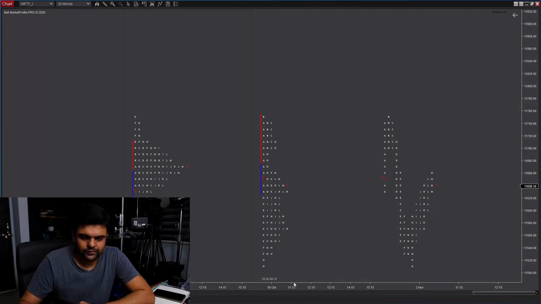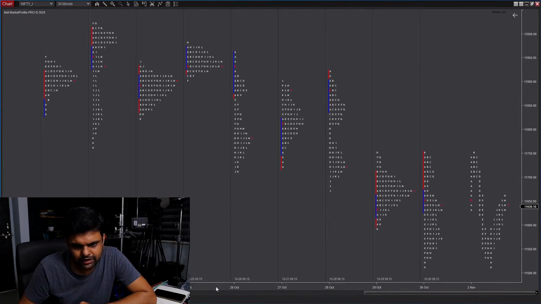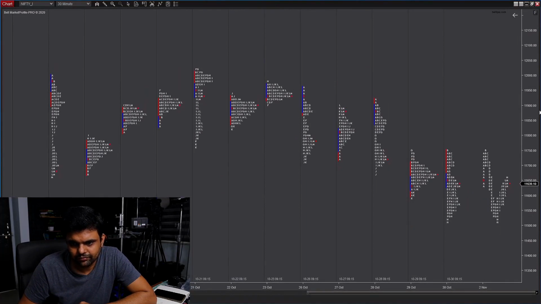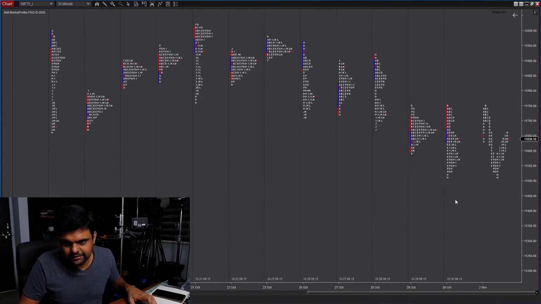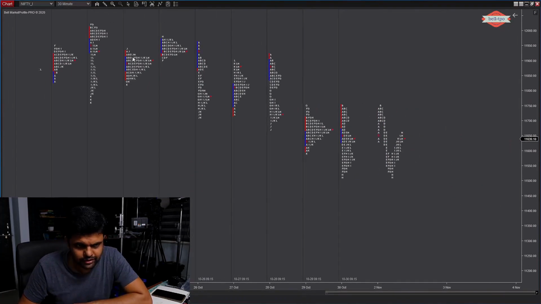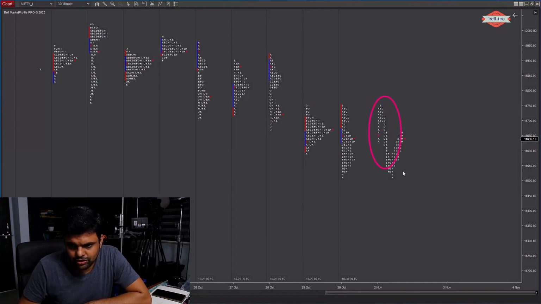Now I'll just click OK. Okay, now we have the market profile plot. We'll have to adjust the zoom settings on both X and Y axis, and now you have a nice market profile chart. This is what I was talking about. This shows the split version of the last day's profile.